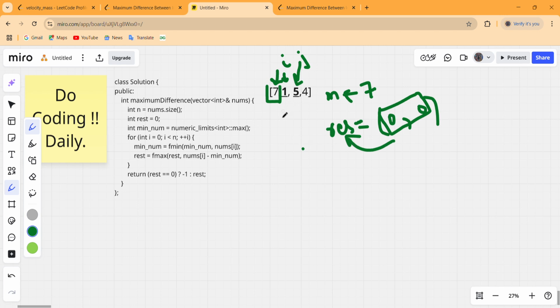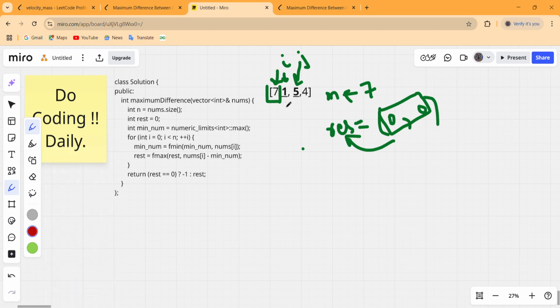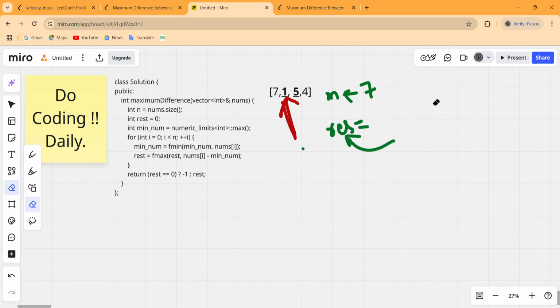So update our index from this to this, and let us erase the previous indices. Our result is currently 0, and the minimum number till this index is 7.